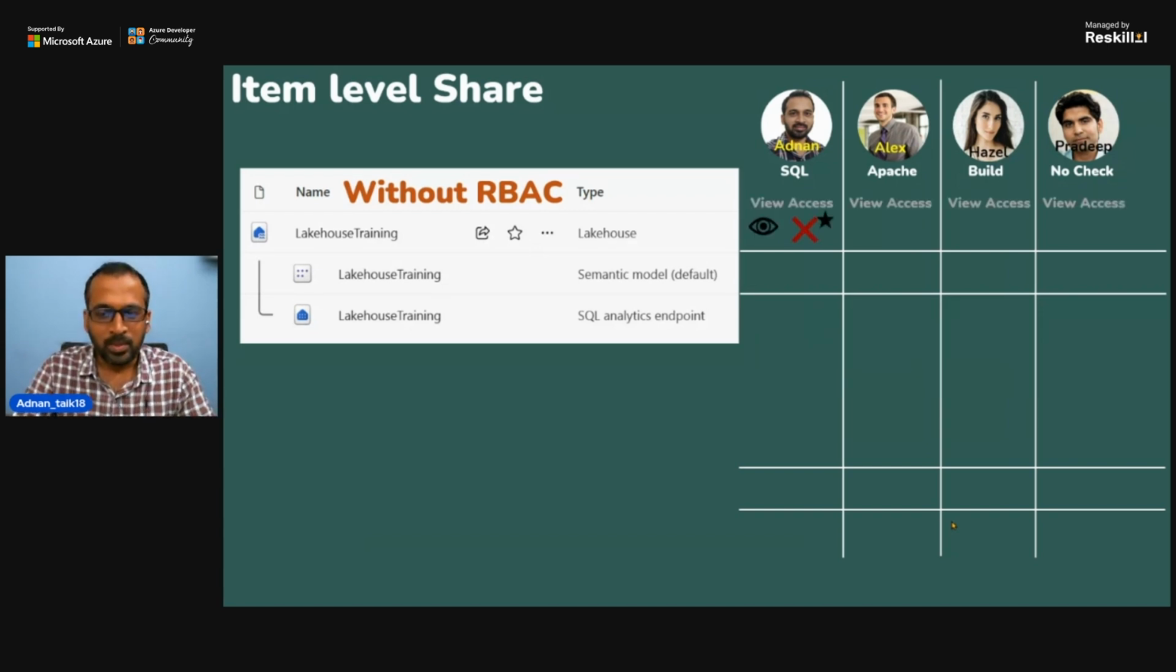So what will happen? If I have only the SQL permissions, then I can view this lakehouse, but I cannot access the lakehouse here. I'll talk about why that is. And here I can view this semantic model, and I can view this SQL endpoint, but I cannot access the semantic model. I can access only the SQL endpoint because I was shared access through SQL endpoints, and that's the reason I can run a query on the data inside the SQL endpoint,